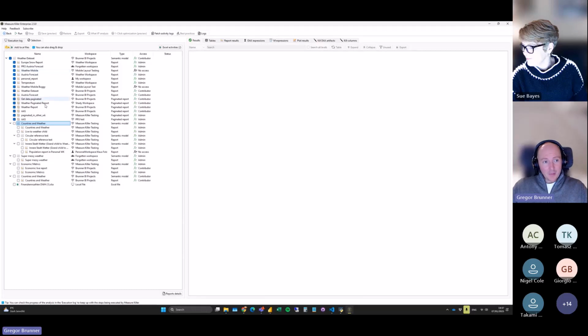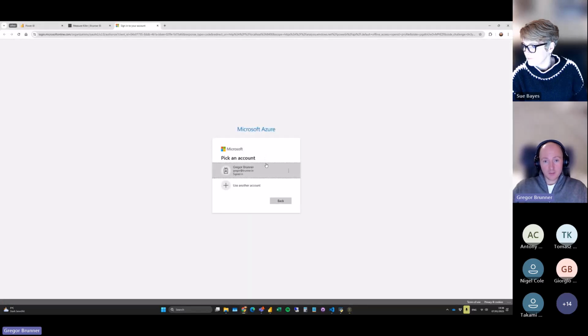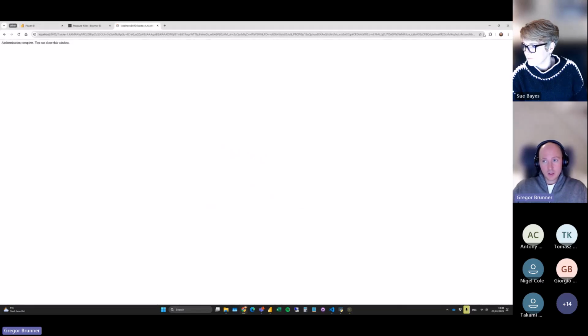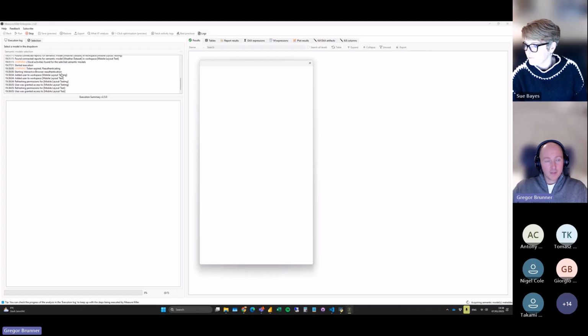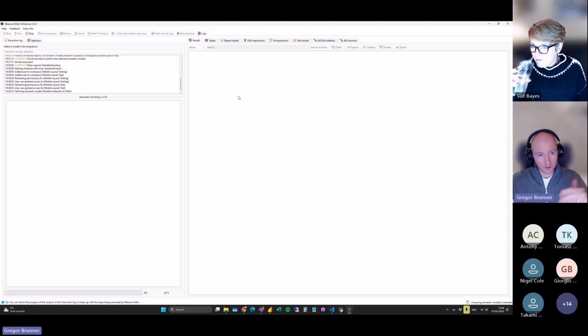So if I'm happy with this, the whole point here is just to select what is important and what is not, and then you can run, and it will actually grant you access to the workspaces. Since I'm running it as a tenant admin, it will grant me access to the workspaces where I chose some reports just for the analysis. It will give me contributor access, and then it will ask me to take away the access again once it got all